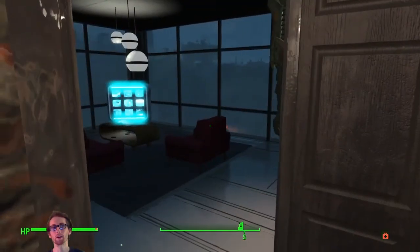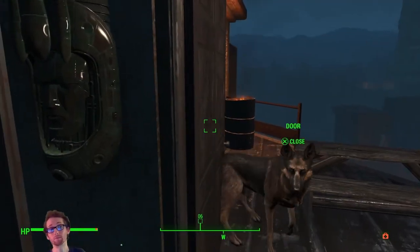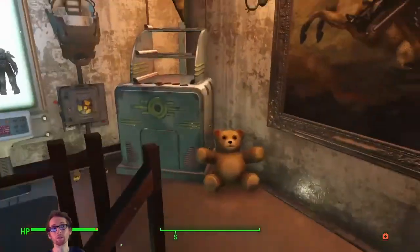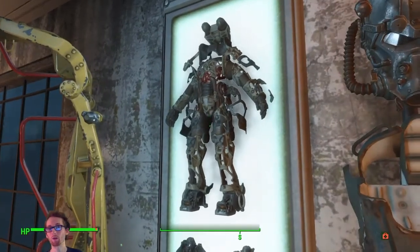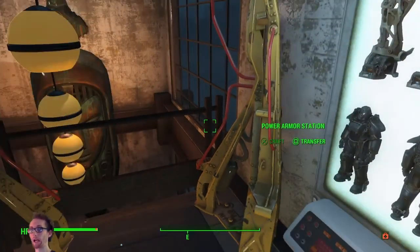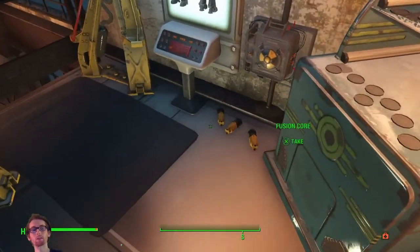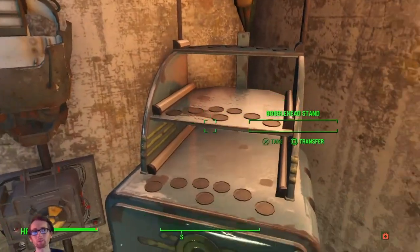Let's go back and check it out. Is there somebody over there? Yeah. See, I wish you could lock doors. Like, since they can be lockpicked, you could lock them. That would make things helpful. Then you would have to actually attempt to lockpick it, not actually just walk up to it and be like, I got it. I actually have to physically be like, crap. Like, I actually have a percent chance every time to get it. Yes, you could probably give some 100% because they're just that good, but